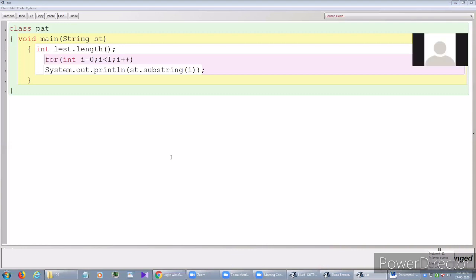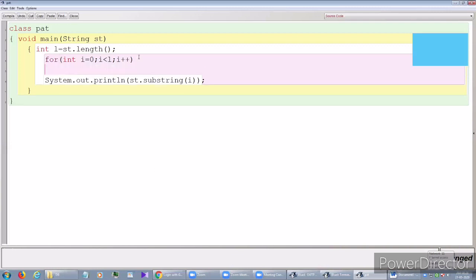By this loop we have to control the pattern, the space. So if I have INDIA, the total length of this word is 5. The loop will iterate 5 times for the 5 lines, no doubt about this.